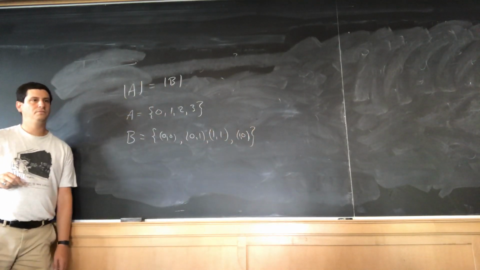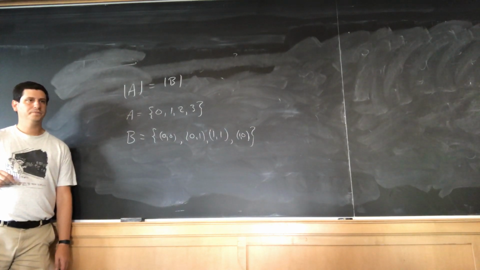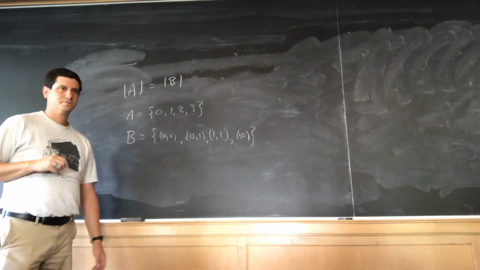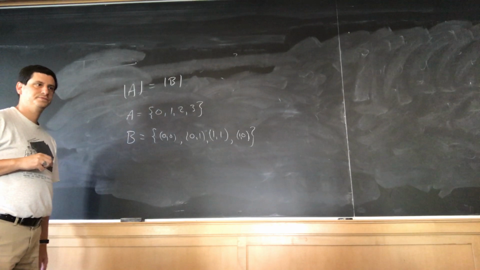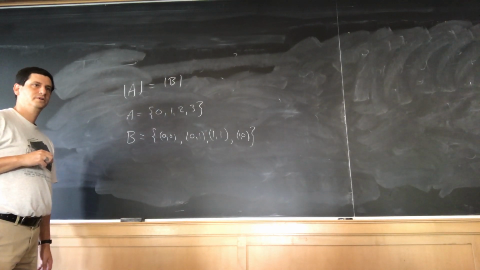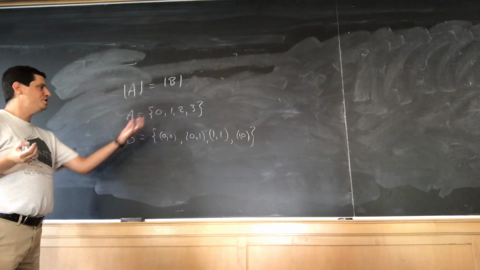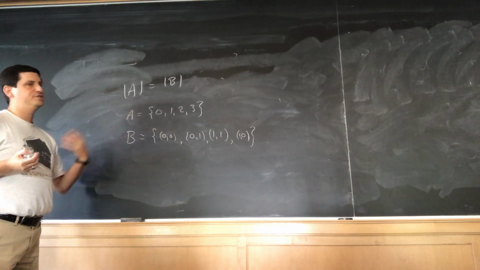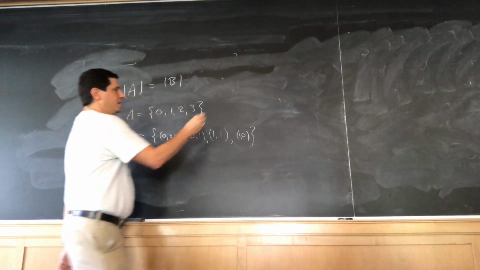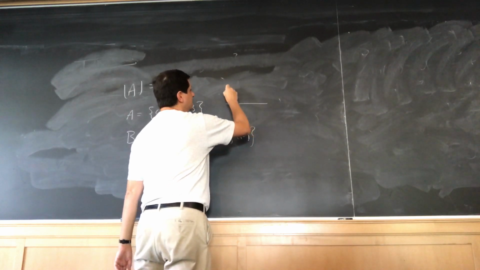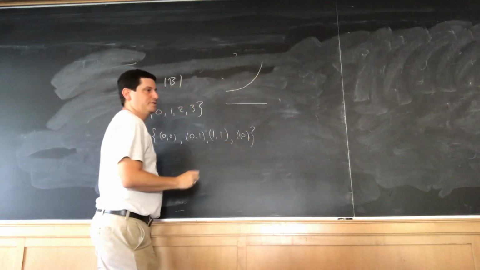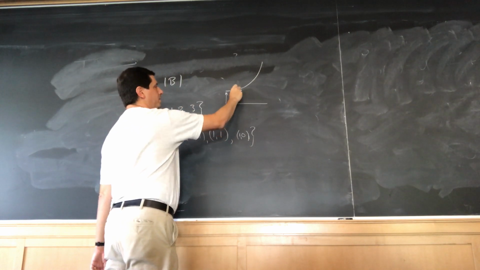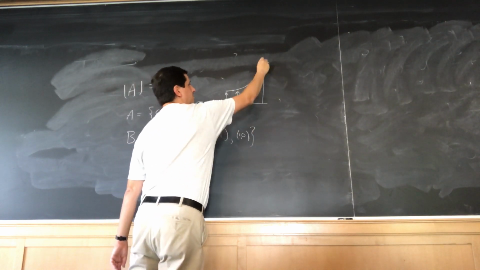Is it all right if I gave an equation for B? Like I said B was, with an element a of A, the y coordinate would be a cubed? Sure. Okay. There's lots of ways you can do it. So this is a discrete way where I have two sets of 4 elements. Another thing is I could have a straight line here, and I could have a parabola like this. And then I have a one-to-one mapping where every point on the line